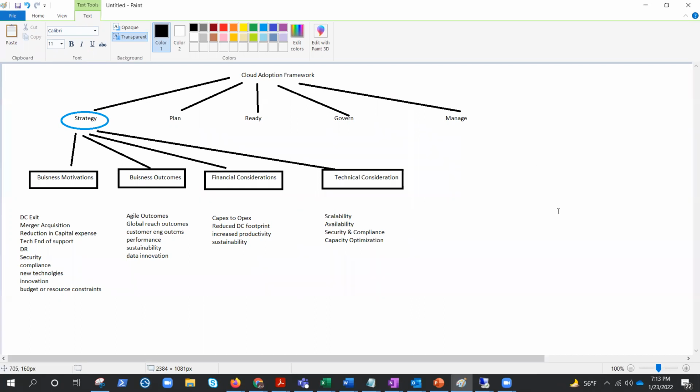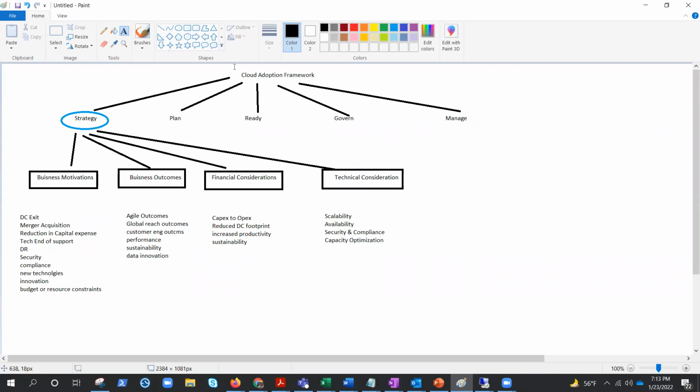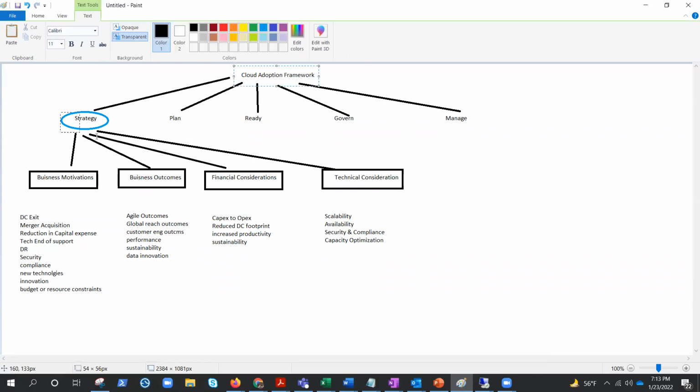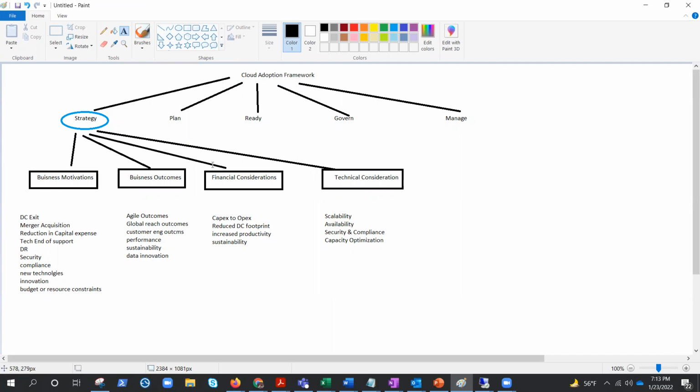As you can see, as per this mind map that we have prepared on MS Paint, we are here. We talked about strategy, motivations, outcomes, and today, financial consideration. During this phase of business strategy, we need to learn how to use the cloud to make our IT cost structure more flexible and help build a business case to migrate to the cloud. Because when you move to the cloud, things change, right? A digital transformation goes hand in hand with a financial transformation.